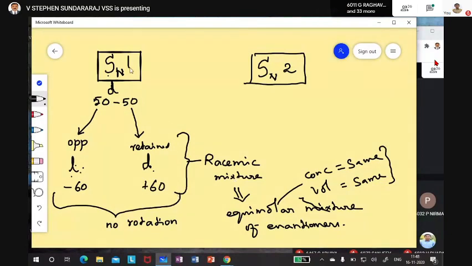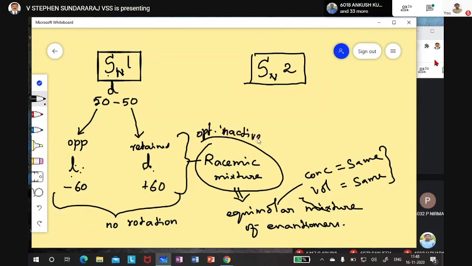Write down that in the table column. D and L will form, that is, enantiomers will form. Therefore, one rotation will be cancelled by the other rotation, and there is no net rotation. So now you conclude that the product mixture, which is also called a racemic mixture, is optically inactive.